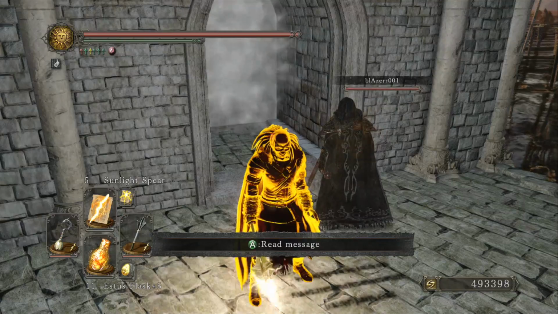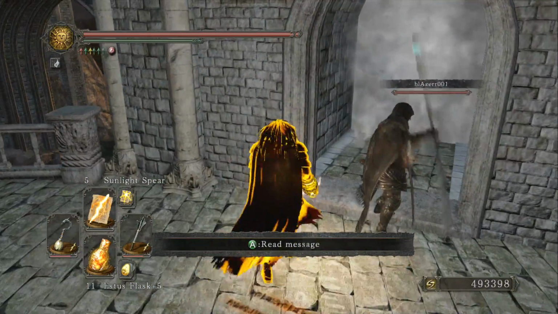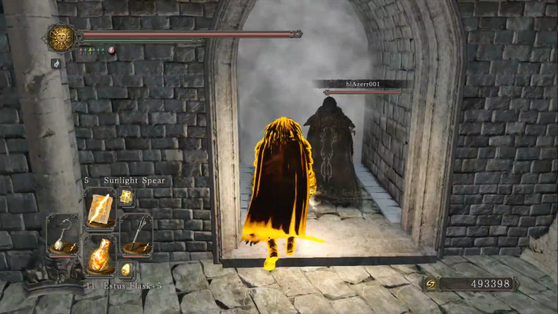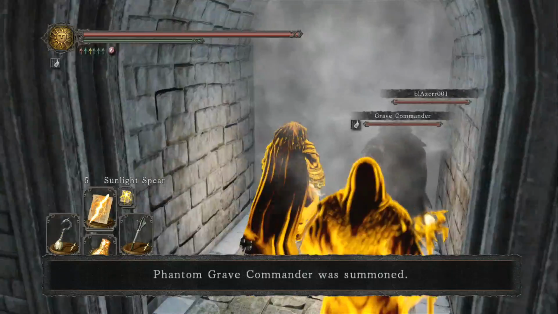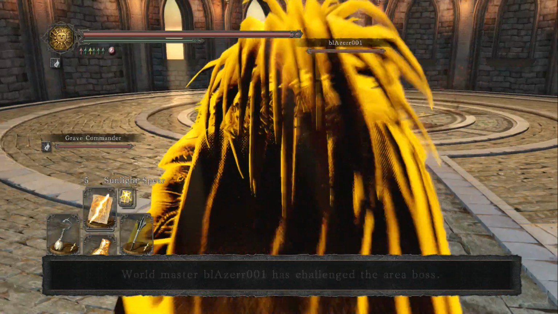What is he waiting on? Does he not want to do the boss? Go! Into the mist! Must be messing with his inventory. This is my last lightning enchant. Into the damn fog. Oh, he's waiting on Grave Commander. Don't really think you need 3 people for the Dragon Rider, but...